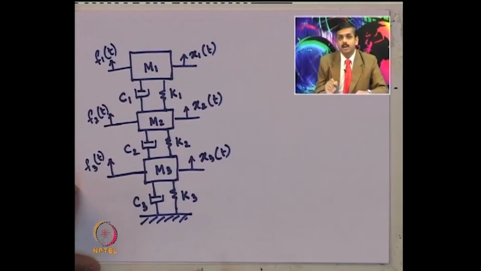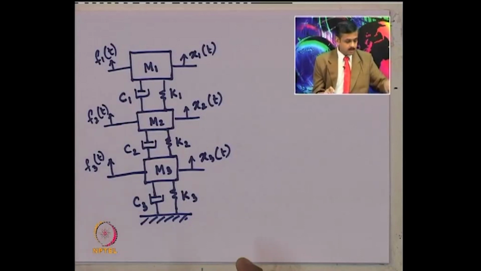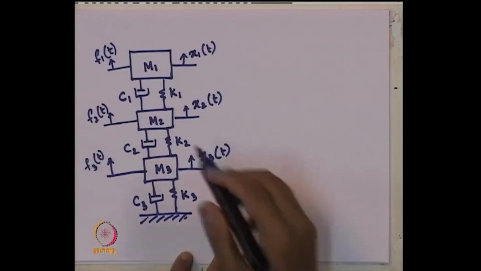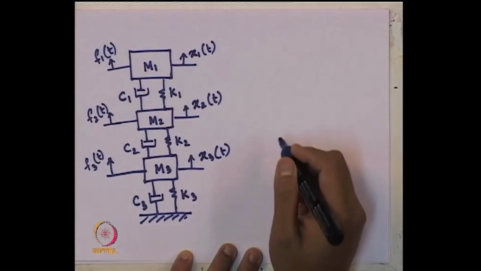So, for this multi-degree of freedom system, if we want to derive the equation of motion, what do we need to do? The first thing is to draw the free body diagram of each component, that is for each mass. Now, we will draw the free body diagram. So, let us do that. Free body diagram for the first mass will be